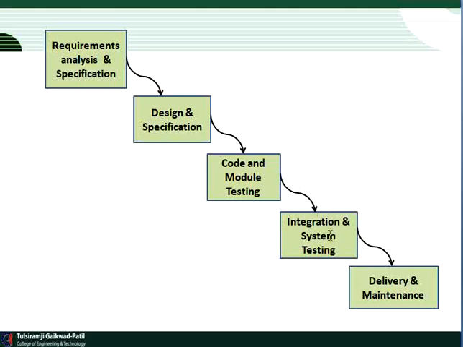In the fourth phase, integration and system testing, we have to integrate all the modules which we already fragmented for the application development. This is the time where we integrate all the modules and do the system testing, meaning we test the system as a single unit. After that comes delivery. If it is risk free software after risk analysis, then we can deploy that software to the customer or the client.